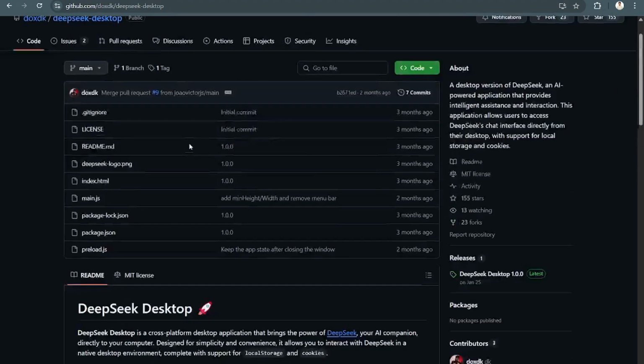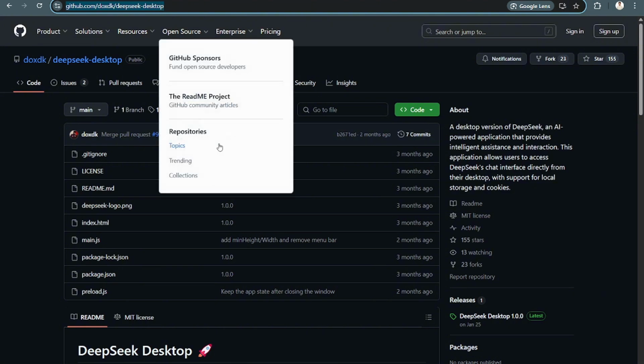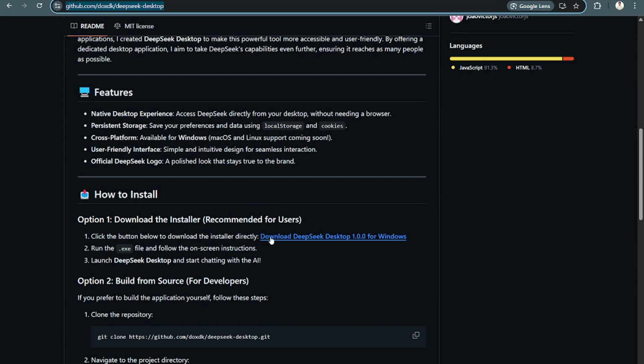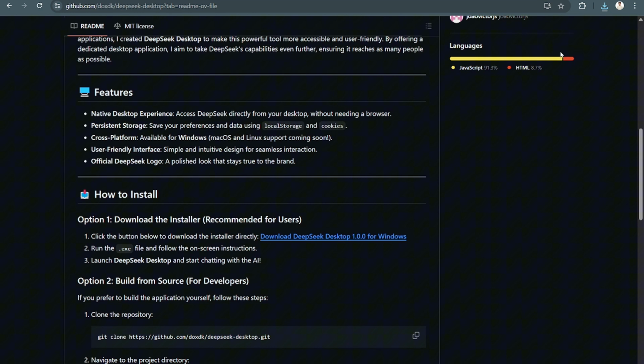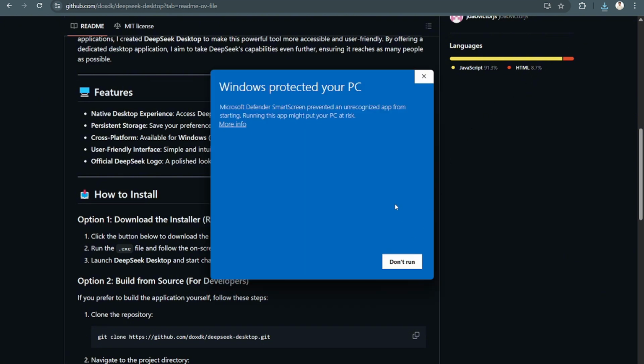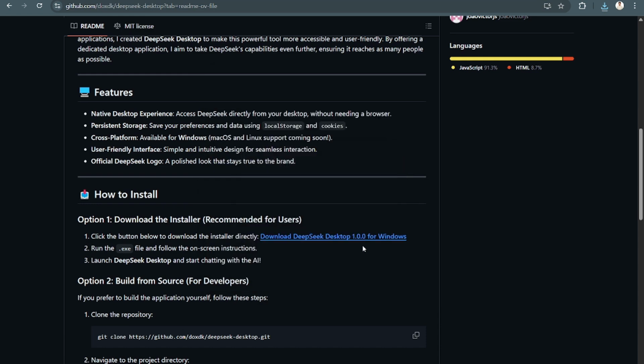Let's go down here. So go to this site, github.com/doxdk/deepseek-desktop. Scroll down from here and then just click on Download DeepSeek for Desktop. From there on, once it's finished, we want to run the file. More info, and just click Run anyway. Then from there,